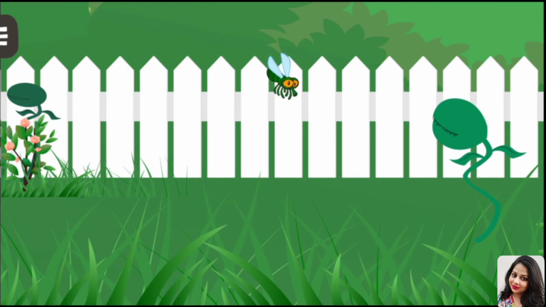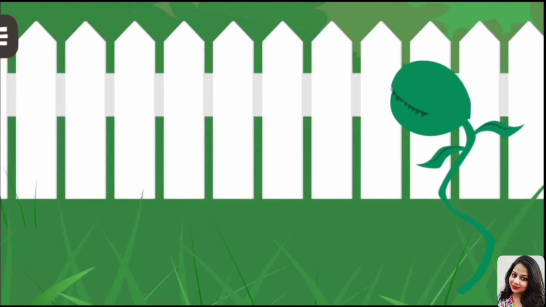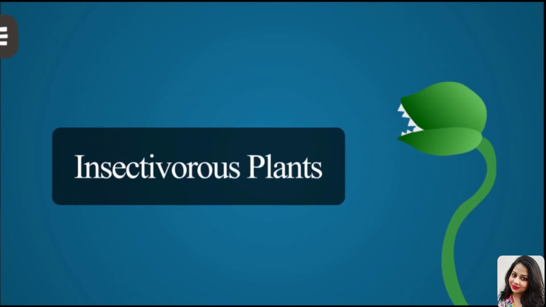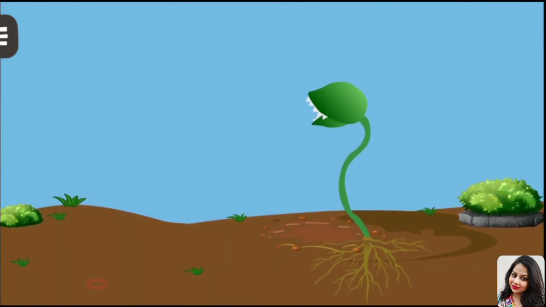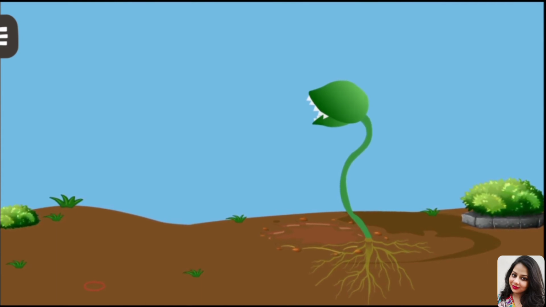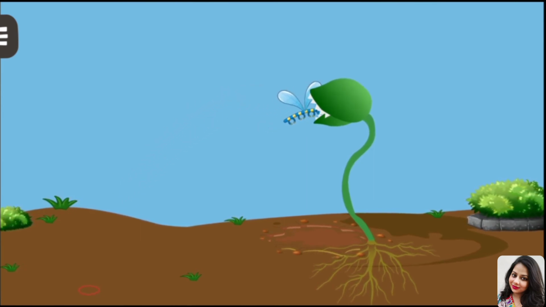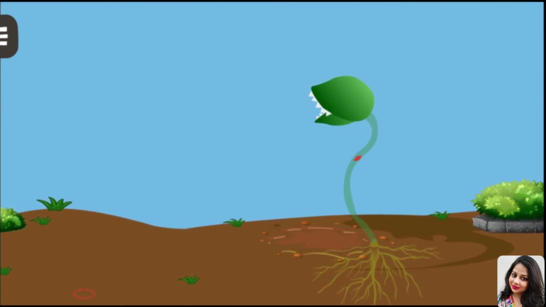Plants are the supreme form of life on earth which do not hurt anyone. Rather, they provide food for all the organisms on earth. But do you know that some plants eat other organisms? We call these plants as insectivorous plants. Such plants grow in nutrient-deficient soils, and they eat insects to fulfill the deficiency of nutrients. They have a strong digestive mechanism which converts complex substances into simple substances.